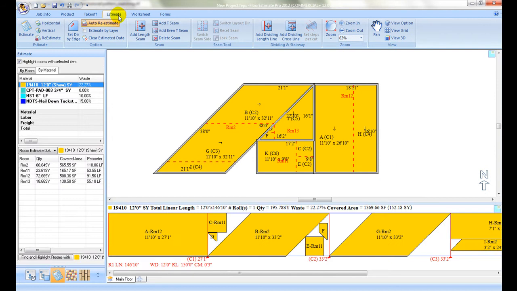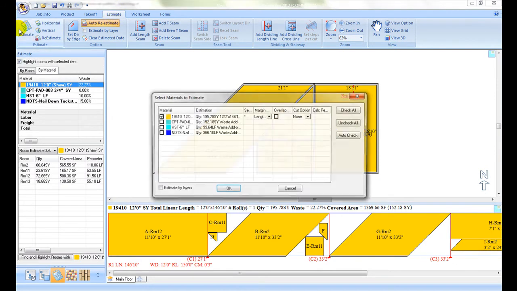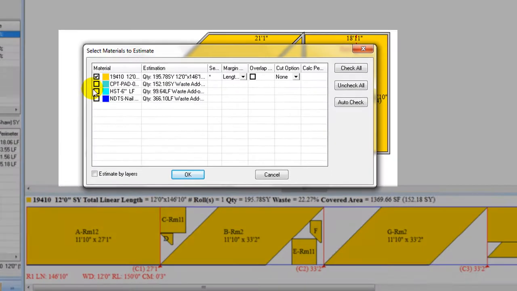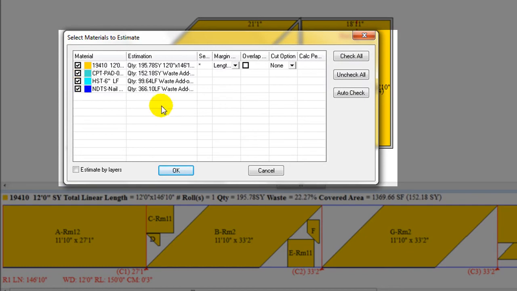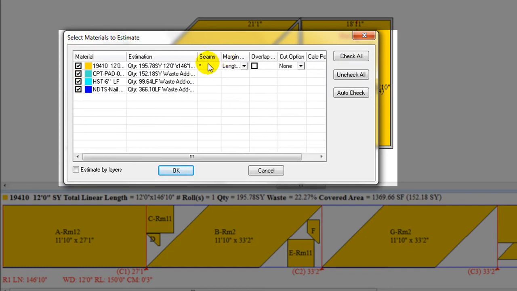Margin option column controls how cut margin specified at product level applies to length and width of each cut. For example, this cut item is set with a 3-inch cut margin under its product specification. By default, it is set to length only, meaning cut margin applies to length of its row cuts and length